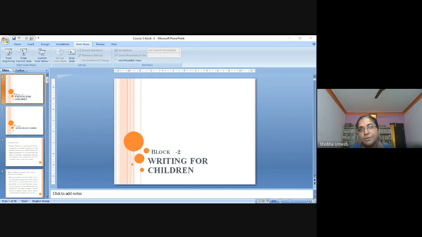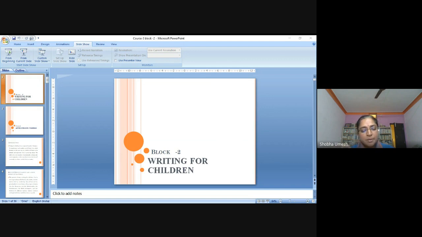So when you look up to your own country's literature, you also come across certain books which have been written for children, with more pictures and a few sentences written below them. In that way, why has children's literature not flourished in India? There are certain reasons why it has not flourished. Not only in India, but even in other countries, the same situation is faced by people, I think.